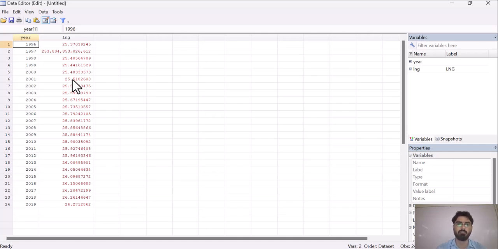So make sure that when you are copying your data from the Excel file to the Stata file, there should be no alphabet, no colon sign, and no stray characters in your data set. If any exist in your data set, then you are not able to perform any type of test, and you are not able to make any graphs from this data set. Most of the time, people face this problem: their data is in red color and they are not able to perform any test on that data set. So this is the problem that you can also face.